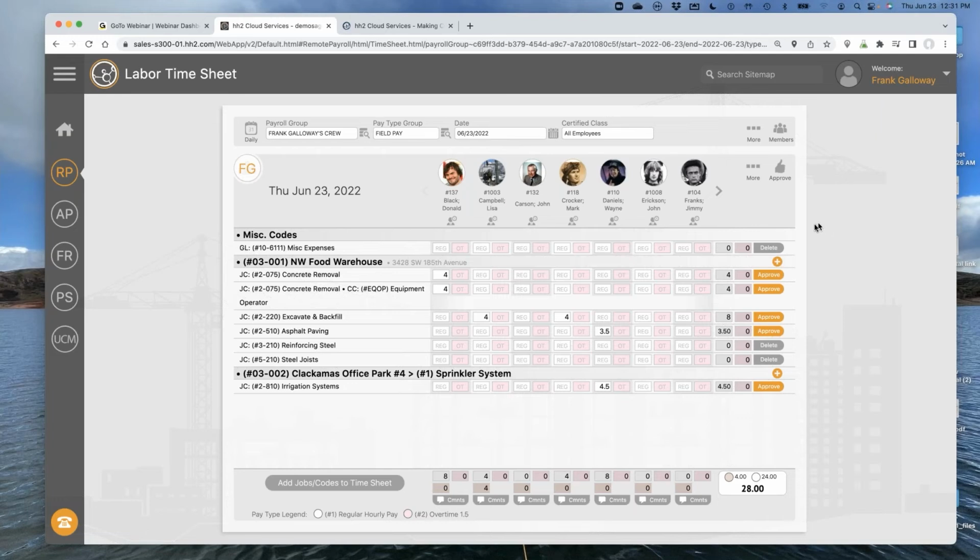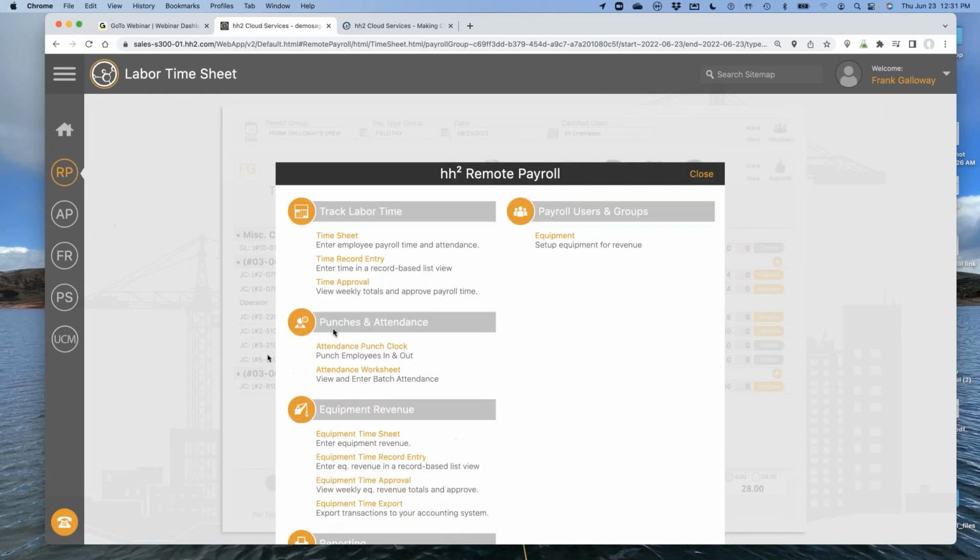Now, if you wanted to give someone permissions in HH2, I'll kind of address that when I'm logged back in as the admin. Okay, perfect. And then we'll kind of talk a little bit about that. Great, Ashley, but thank you for the question. Hopefully that was helpful as we kind of talk about that integration. That's what's so critical. And then we'll talk about that employee profile and how to give them permissions a little bit later.